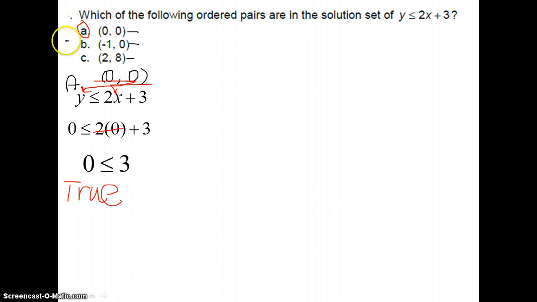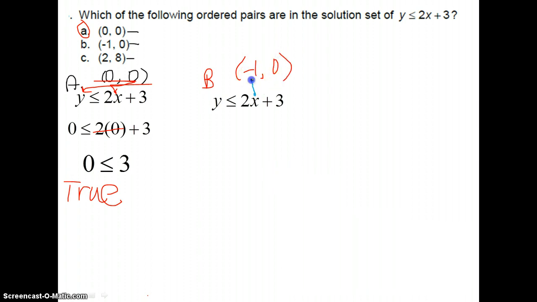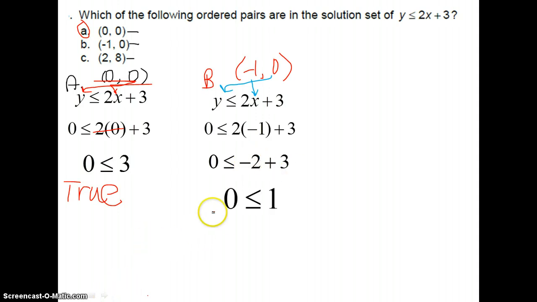Okay? But now we've got to try B too. So let's do B. So we're going to take the point -1, 0. And we're going to plug those in. So -1 is going to go into x, and 0 is going to go into y. So I have 0 is less than or equal to 2 times -1 plus 3. So 2 times negative 1 gives me negative 2. Negative 2 plus 3 is 1. So 0 less than or